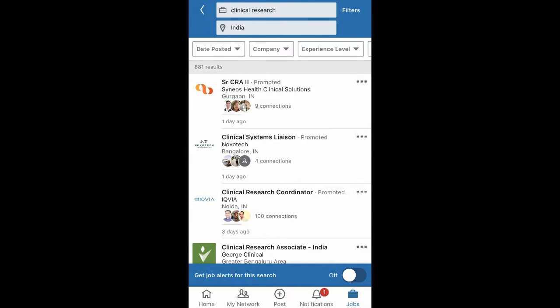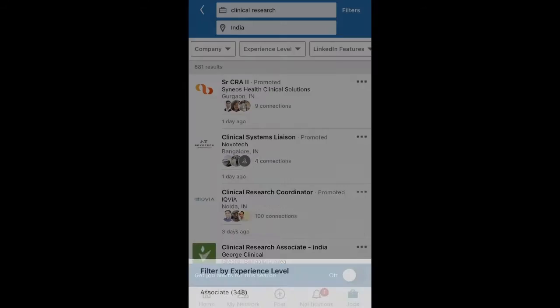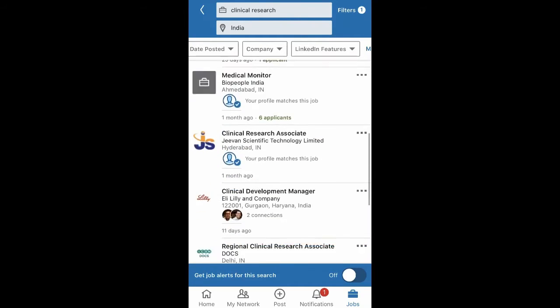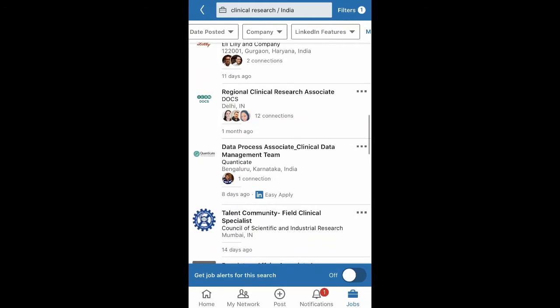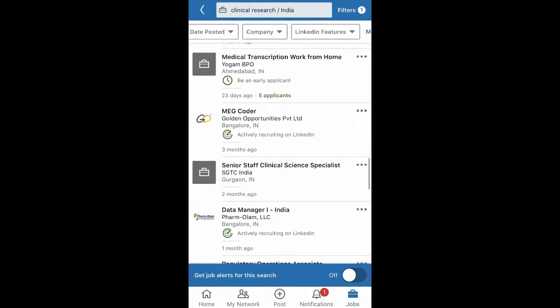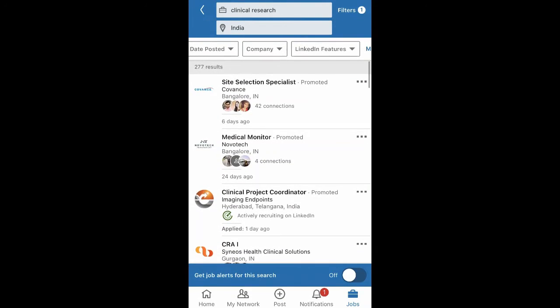What you have to do is click on this experience level, and if you are a fresher, you can just click on entry level and show results. Now it will decrease to 277 results of clinical research openings in India. Now here you can see whatever you are looking for. If you find that this particular job is for me, and this is according to my requirement, and I can do this job perfectly,